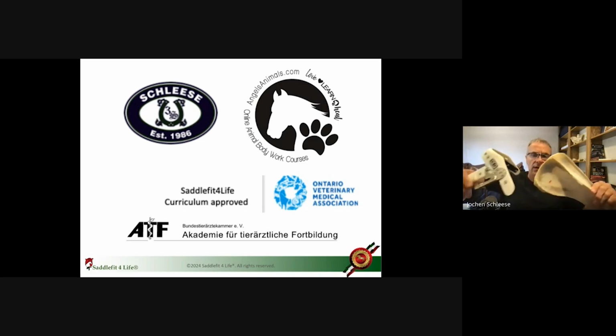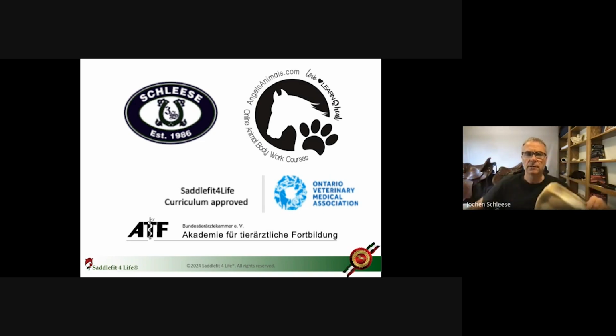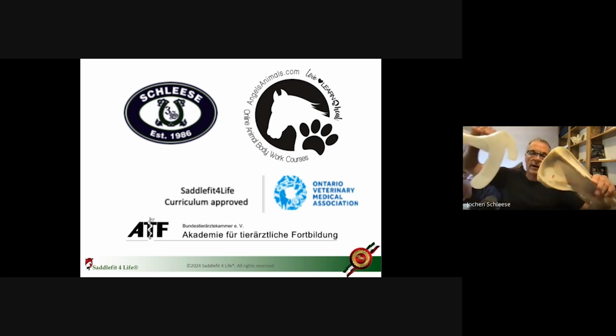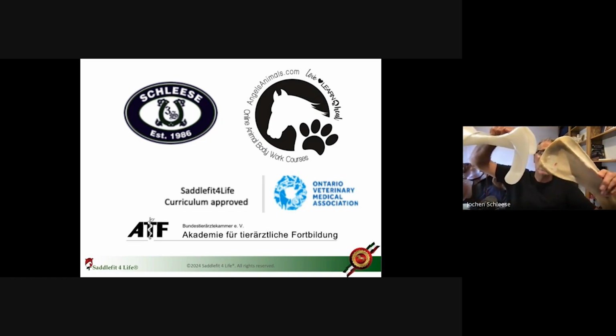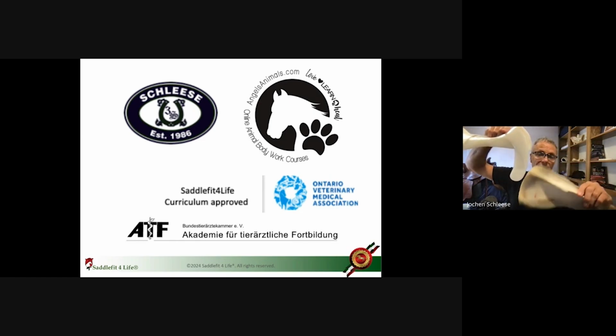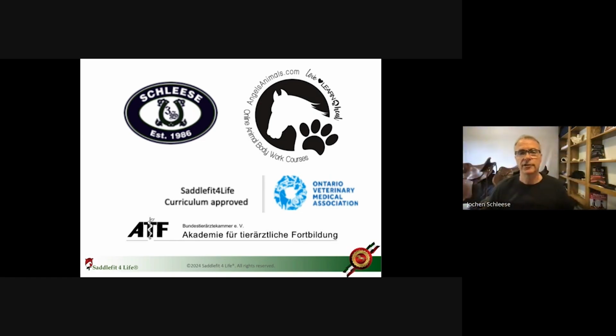"Oh, we have saddle companies who ask for forward-facing tree points. And we make trees, we don't make saddles." Why don't we do it like for thousands of years, where the tree points, like on Western saddles and Baroque saddles, always went backwards? So we avoid this cartilage damage, which this was all about. So little tip: ask your saddle fitter or saddle maker, can you show me and explain to me where the tree points' direction is?